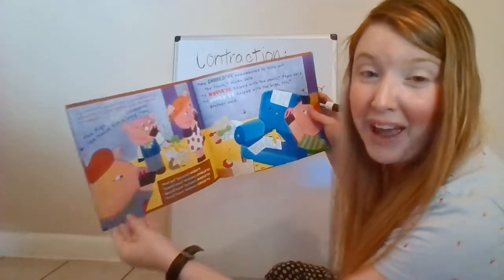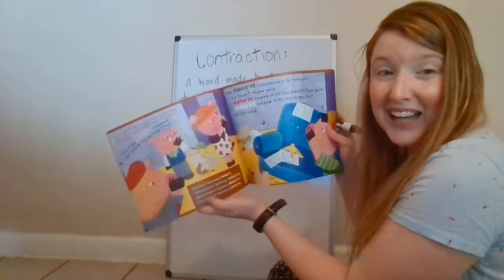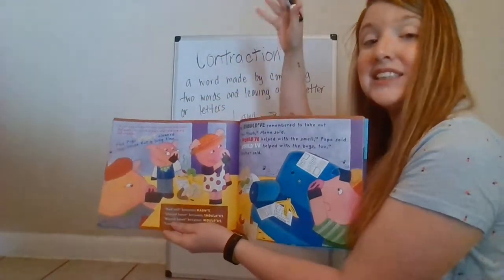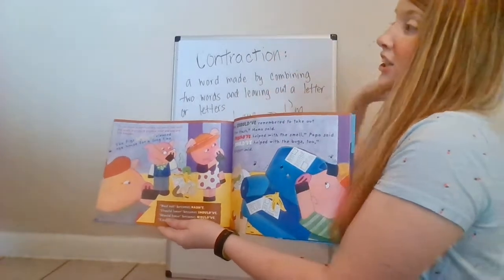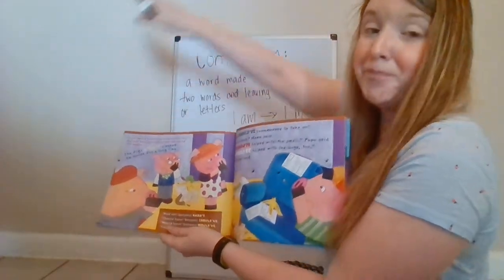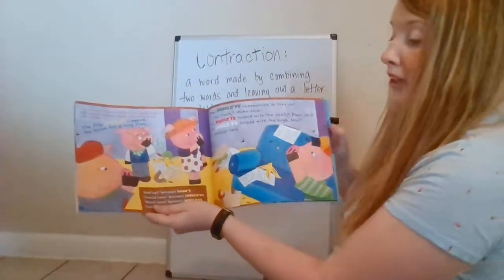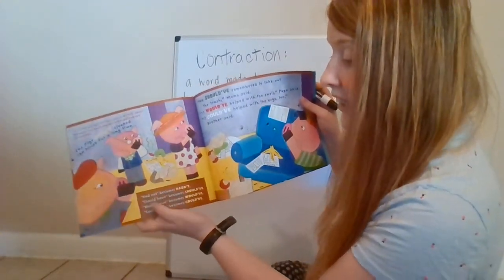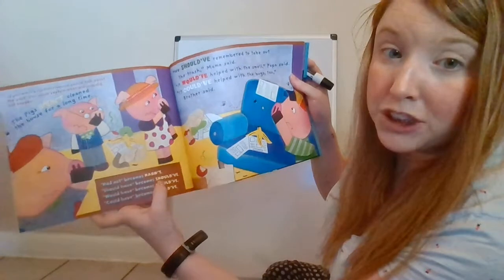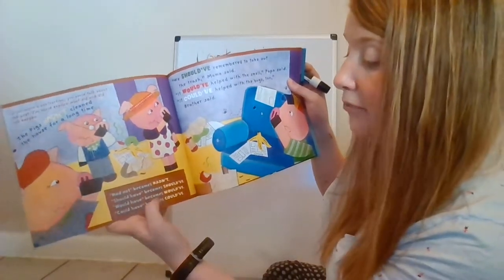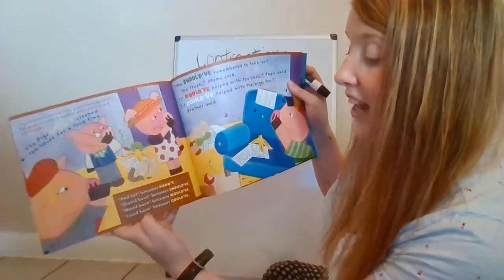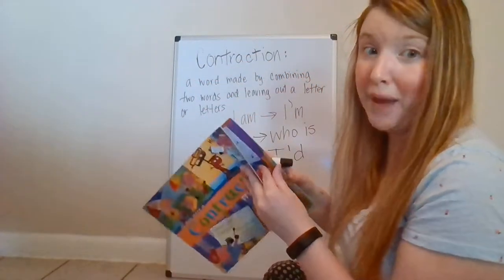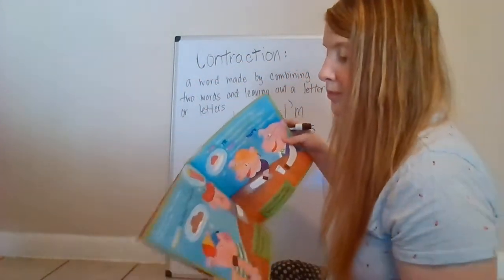So all these are in past tense, and past tense means something that happened before. Present tense is now, future tense hasn't happened yet, and past tense is what happened in the past. So had not becomes hadn't, should have becomes should've, would have becomes would've, and could have becomes could've. So that's how we talk about the past with contractions.